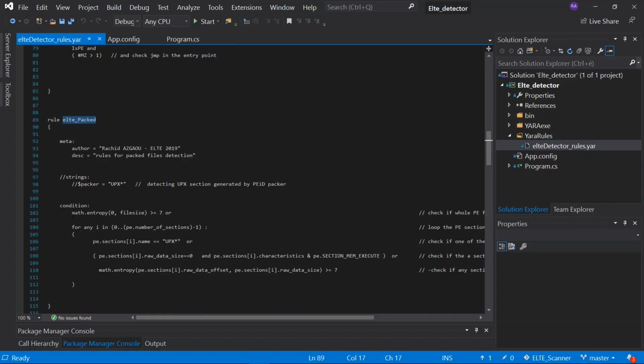Or if not the whole file is packed, then there are some sections. The PE file contains sections. So in this loop, we go through the sections and we check whether one of the sections is packed, so the entropy is equal or greater than 7, with this instruction which we have here. Or also we check